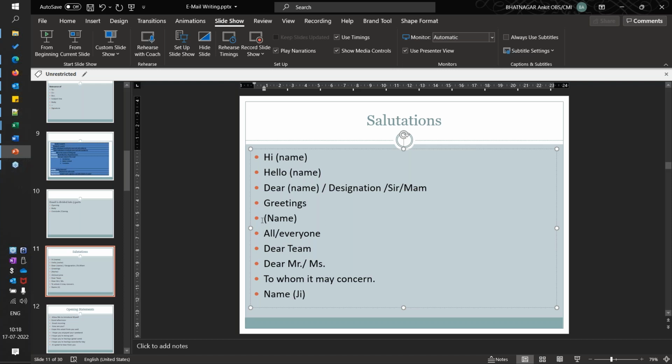In that only case, I can use only the name as a salutation, otherwise I would not use it. Correct? Dear all, everyone. Dear all is used when I'm drafting a mail and I have more than 5 IDs, more than 2 IDs, to whom I want to address this mail. So rather than mentioning their names again, for example, saying dear Amit, Juhi, Sandhya,